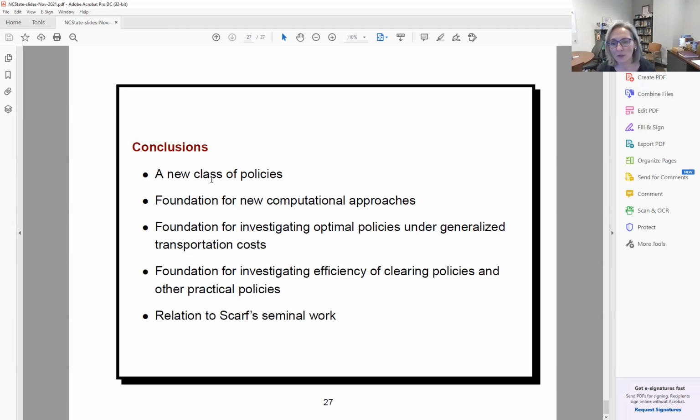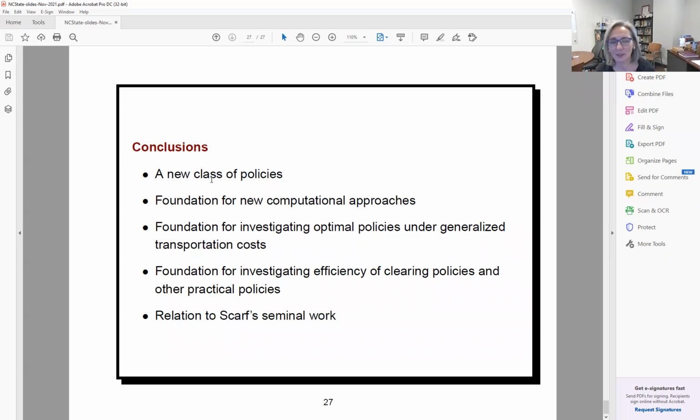The new policy is also a foundation for investigating optimal policies under other generalized transportation cost functions. Here, we only considered a fixed cost associated with the dispatch and a linear cost. But for example, if the company is using a common carrier, the outbound shipment expenses may be subject to common carriage costs, may be subject to quantity discounts. You can think of all sorts of interesting cost structures on the outbound side, and the more general cost structures would lead to more complicated optimal policies.